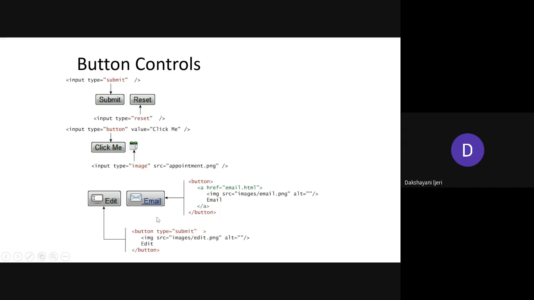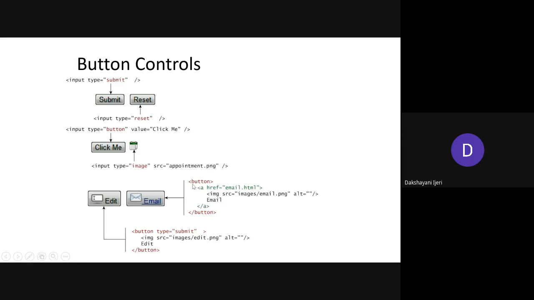As I told you, you can go for creating a customized button in which, if you want to put an image along with a link on that button, you can do that. Start with the button element, followed by a link within that element, for which, as usual, you take the anchor element followed by the required attributes. Here, if you click on this button, it has to open the email page, right? So in that case you want to create a link within that button. Along with that, you want to put this logo here, which is in the form of an image.